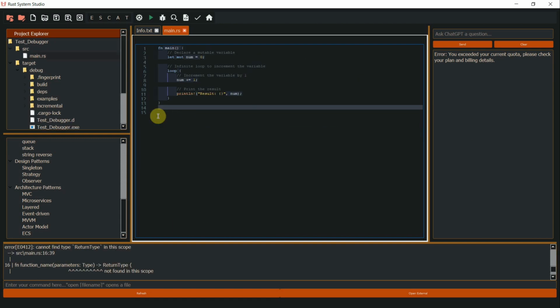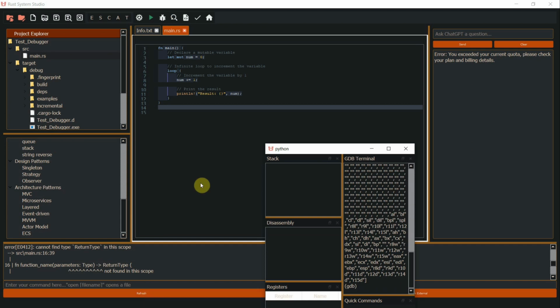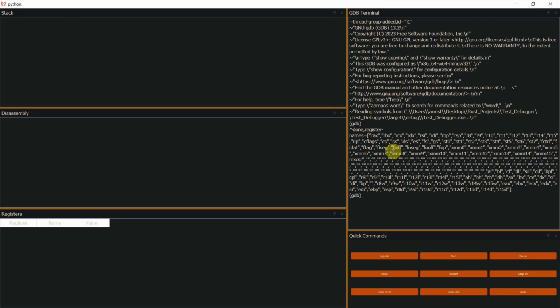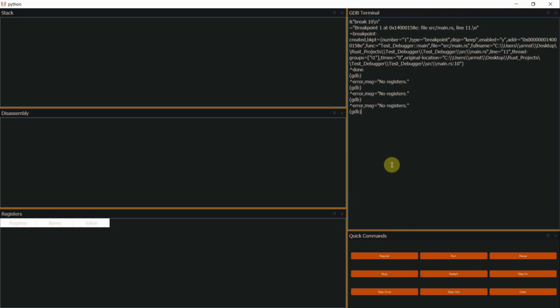Alright, so I forgot we had that code, so you click debug, and we get the debug window being launched. So this is GDB/MI. Of course you get all the output being spit out. Some people do not prefer this, but for me I like to see everything, so you can know exactly what's going on within the application. So of course to launch, you do a break 10, and we break at line 10,